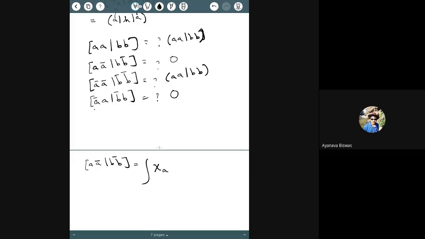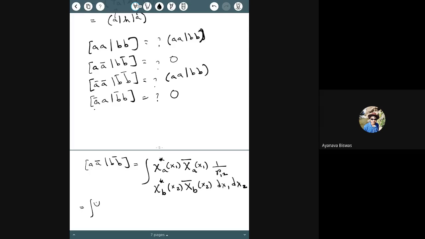So you have chi A star of x1, chi A bar of x1, 1 by r12, chi B star of x2, chi bar B of x2, dx1 dx2. Okay, now if I open it out,